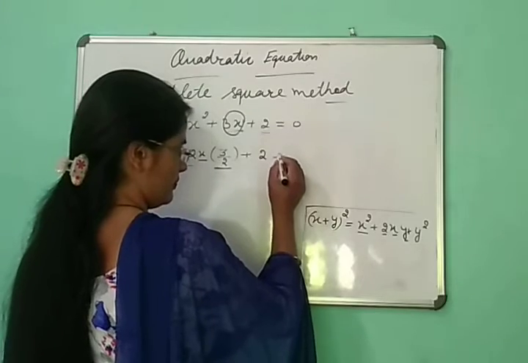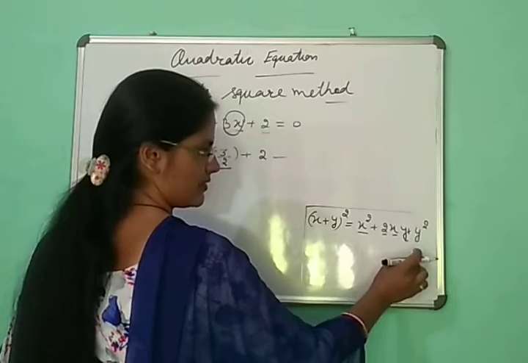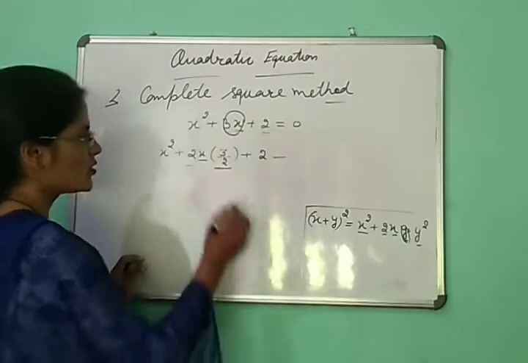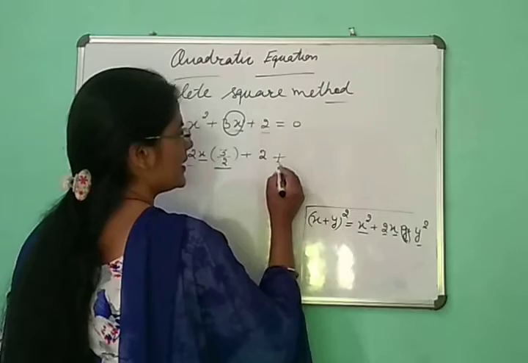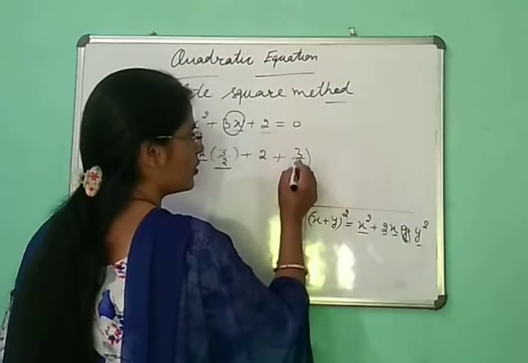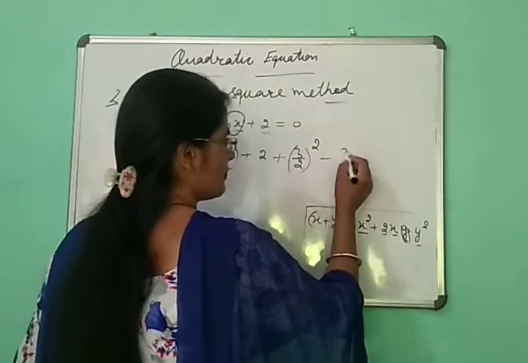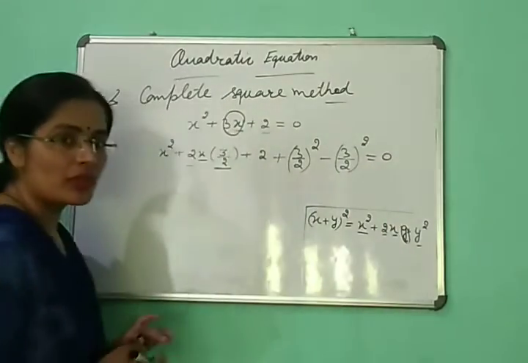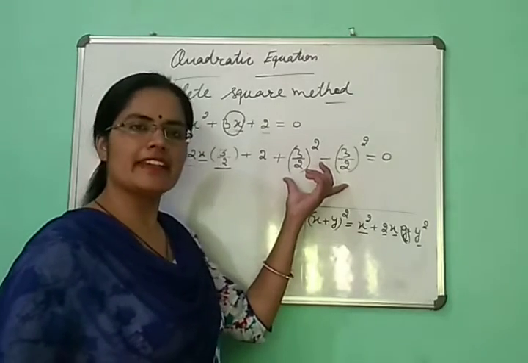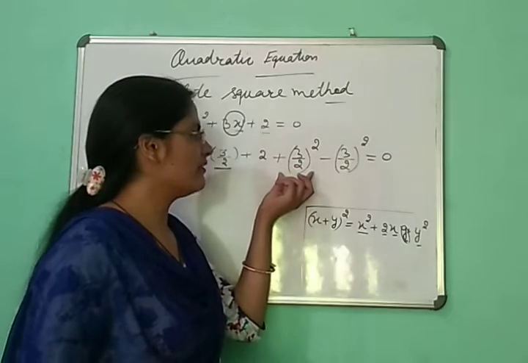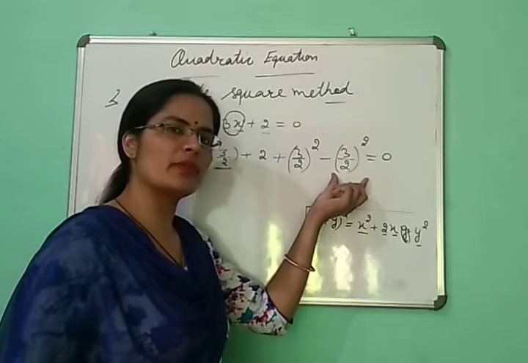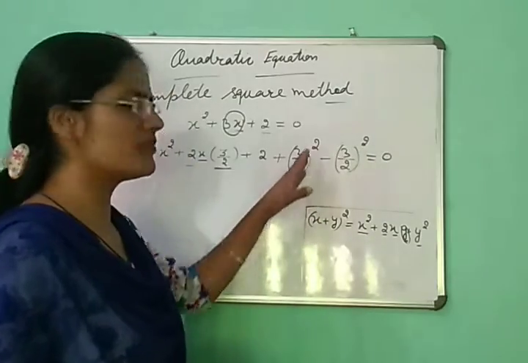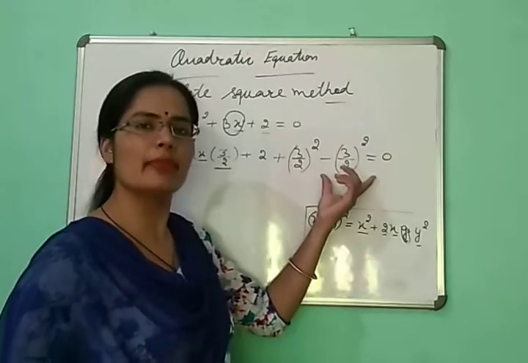The last term is y square. Whatever term we get here, we have to make its square. So we get here 3 by 2, so simply 3 by 2 whole square, minus 3 by 2 whole square, is equal to 0. Because we can't add anything to our expression, we have added the term and the same term we have subtracted. No term is added overall, because these two terms cancel out, first with plus sign, second with minus sign.